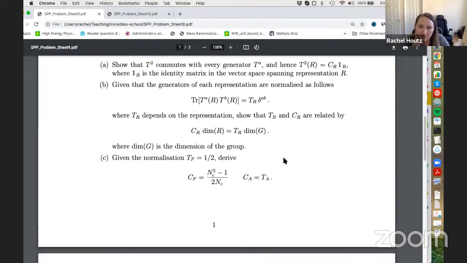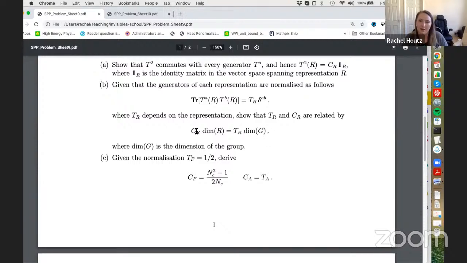Okay, given that the generators of each representation are normalized as follows. So if you take the trace of one generator and another generator, TA and TB, you have this number TR times delta AB, where TR depends on the representation. They ask you to prove this relationship that the quadratic Casimir of a representation times the dimension of the representation is this TR, which is actually called the index of the representation. So I might call it the index, but I'll try not to throw too much terminology at you and just call it TR. But if I slip up and say index, TR is the index of the representation times the dimension of the